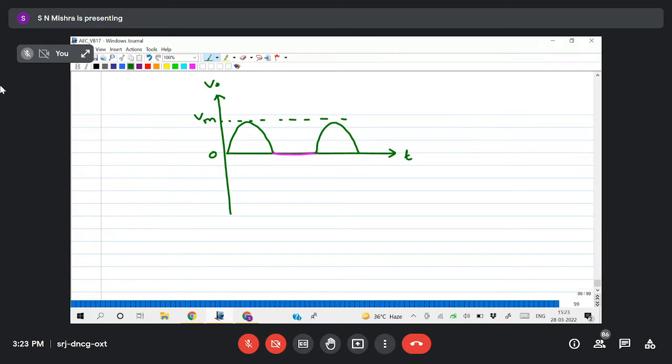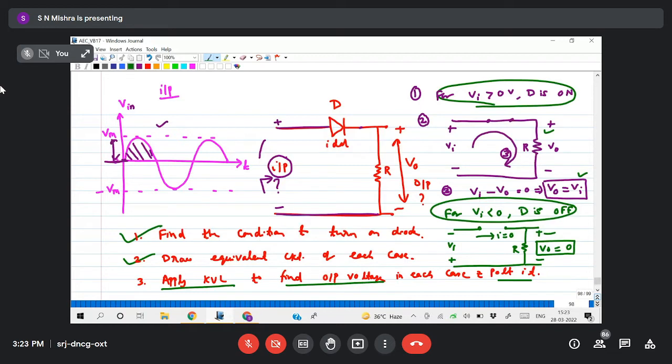So this is the same thing we have already discussed in the half-wave rectifier circuit. It is like a half-wave rectifier circuit, but I want to show you the steps. It is a very simple circuit. Sir, can you explain the second condition? I got disconnected. You have understood the first condition. Yes, sir. Now for the negative half cycle,